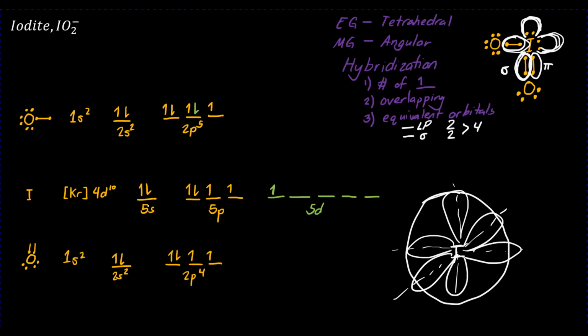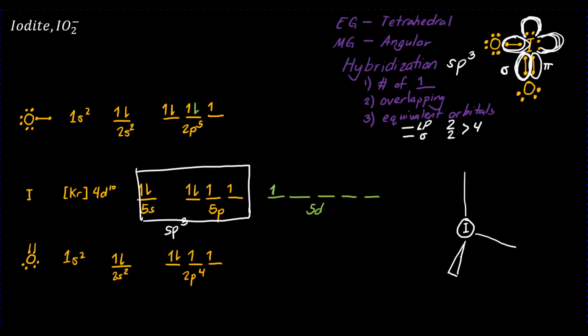So instead of an s orbital, it will make these 4 orbitals equivalent, replacing them with equivalent sp3 orbitals. And instead of this one, it will look like, okay, so the equivalent orbital will kind of look like this in terms of